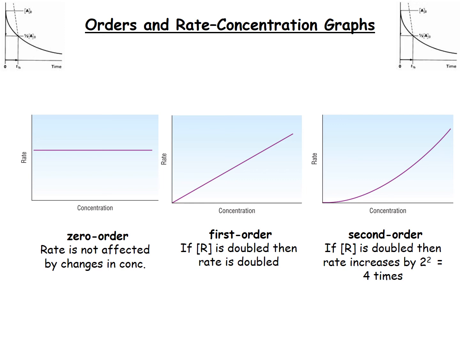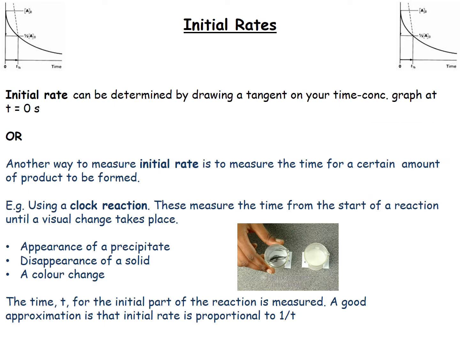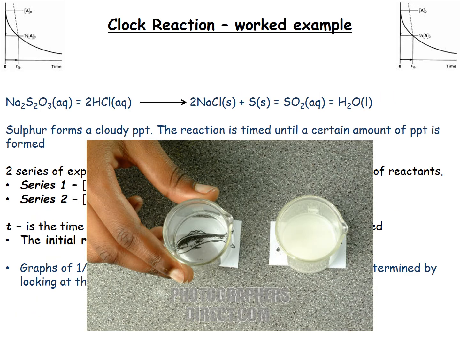Draw those. Okay, so here's a really good example, the clock reaction, showing how we work out the initial rate. This is a practical we're going to do. I think we did do this actually, potentially. But this is a really good example. So here's a worked example. This one you probably did for GCSE,